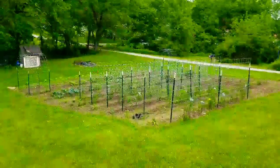Bella and I are home, and we've been going out to the garden to do some weeding now and again. It's pretty crazy, all the weeds out there, and the ground is so wet you can't use a hoe or anything, so we've been out there just pulling by hand as we can, and then we get tired and we go take a break. But I wanted to just walk you through the garden, show you the different varieties and how everything is progressing so far. So here is an overview of the garden,